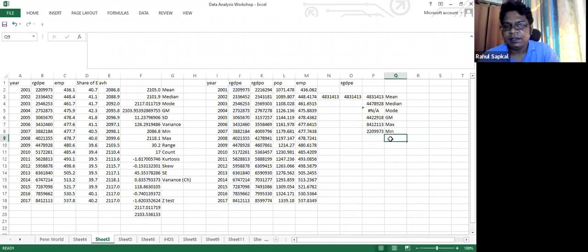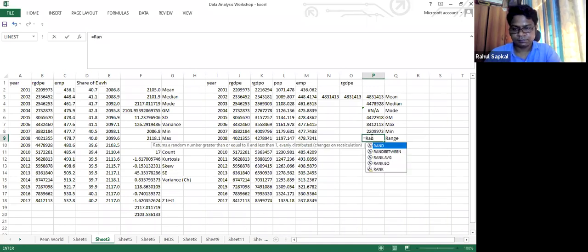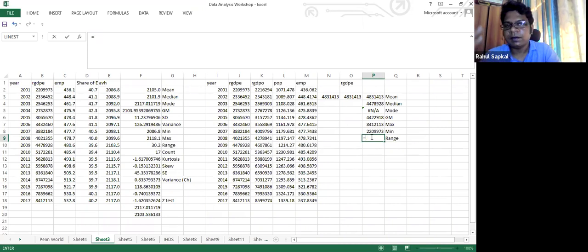Okay. Then you have to calculate range. Range you can take as the highest value minus the lowest value. So range could be, take this one, J2 minus J18. This will give you the range. Or if you take J2 to J4, the lowest value and the highest value.